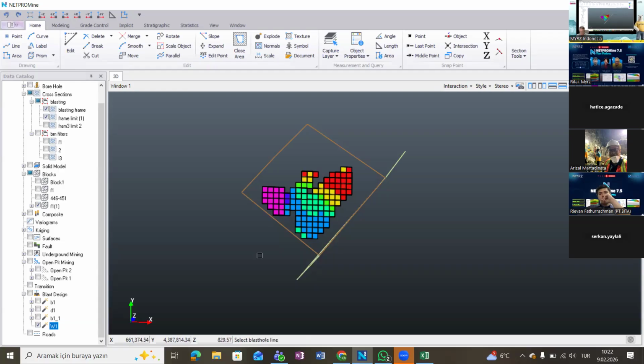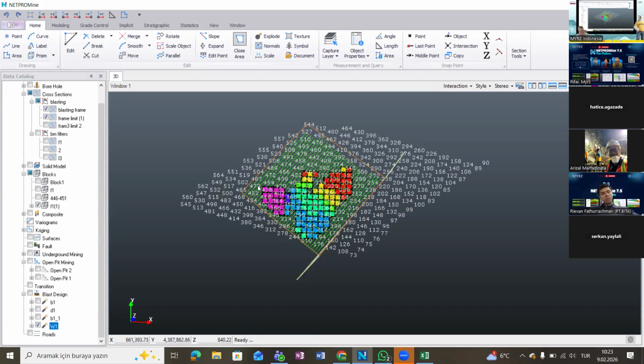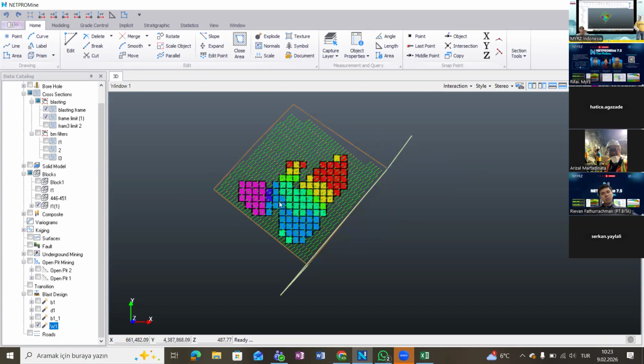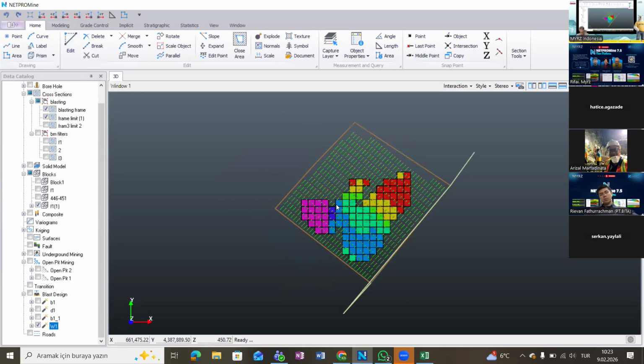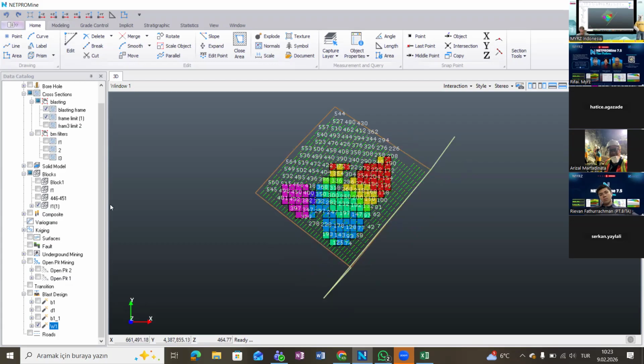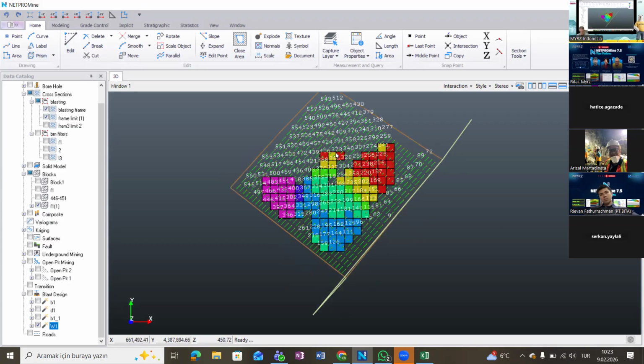So I'm choosing the upper surface and the blast line. And I need to choose the direction. My drawing was in that direction, so I started from here and I'm choosing this part because I start from here in that direction and I can see my blast holes. I specifically haven't changed anything in the Anderson method, so it allowed me to generate